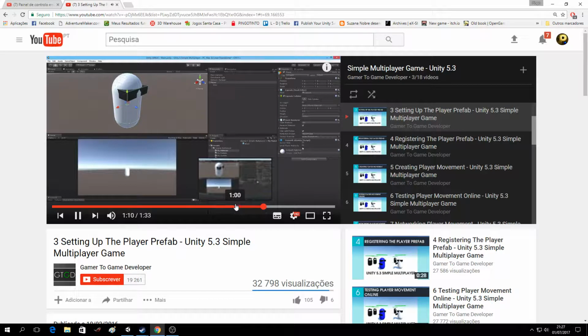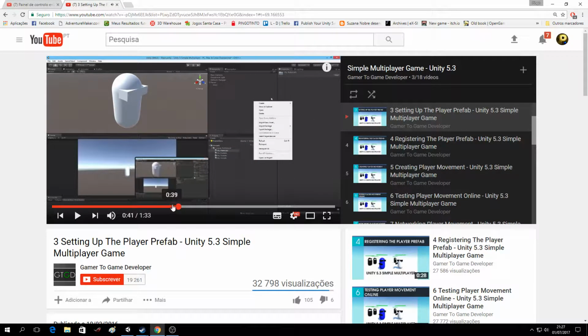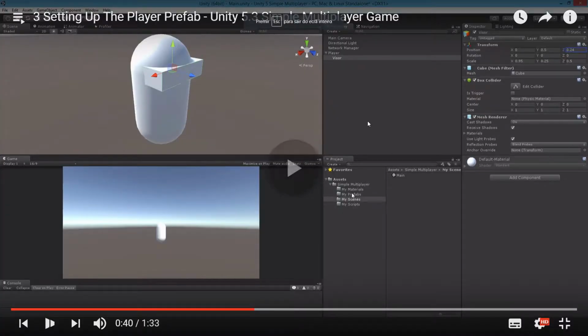Your instance, you want to be able to control it. And in this case, it's a... And just change the color to make a new material. And they tell us to make a new...